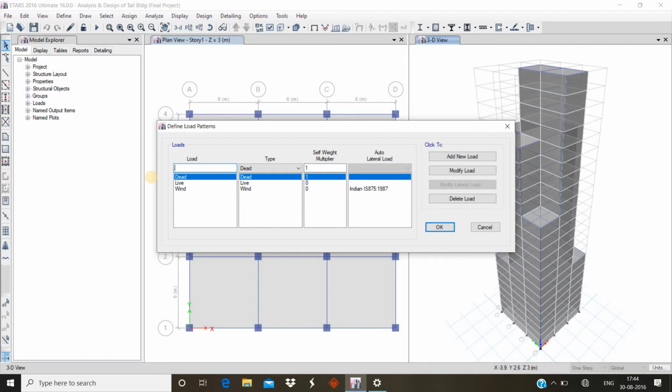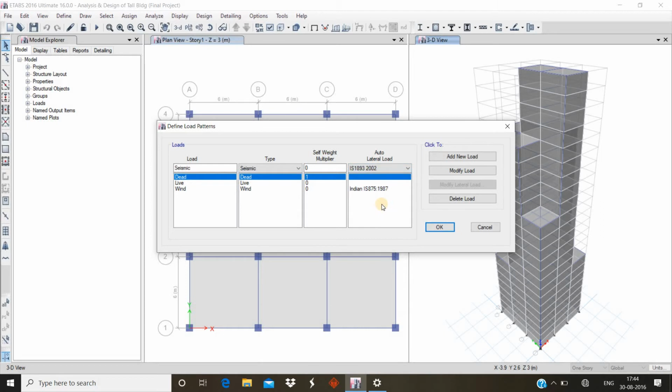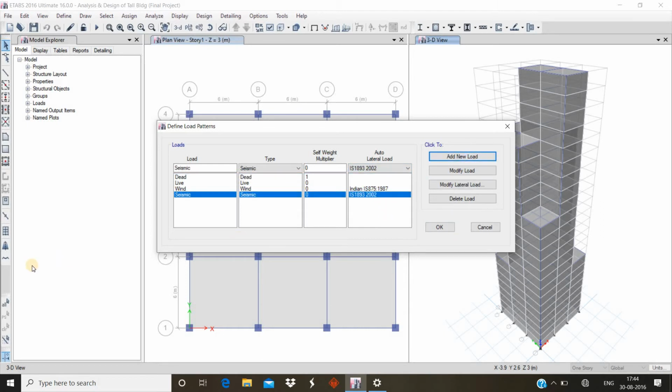Name it as seismic, because in this load pattern no seismic load is mentioned. Choose the type of loading as seismic, auto lateral load, choose the IS code for earthquake, that is IS 1893 2002, click on add new load, then the load is added.